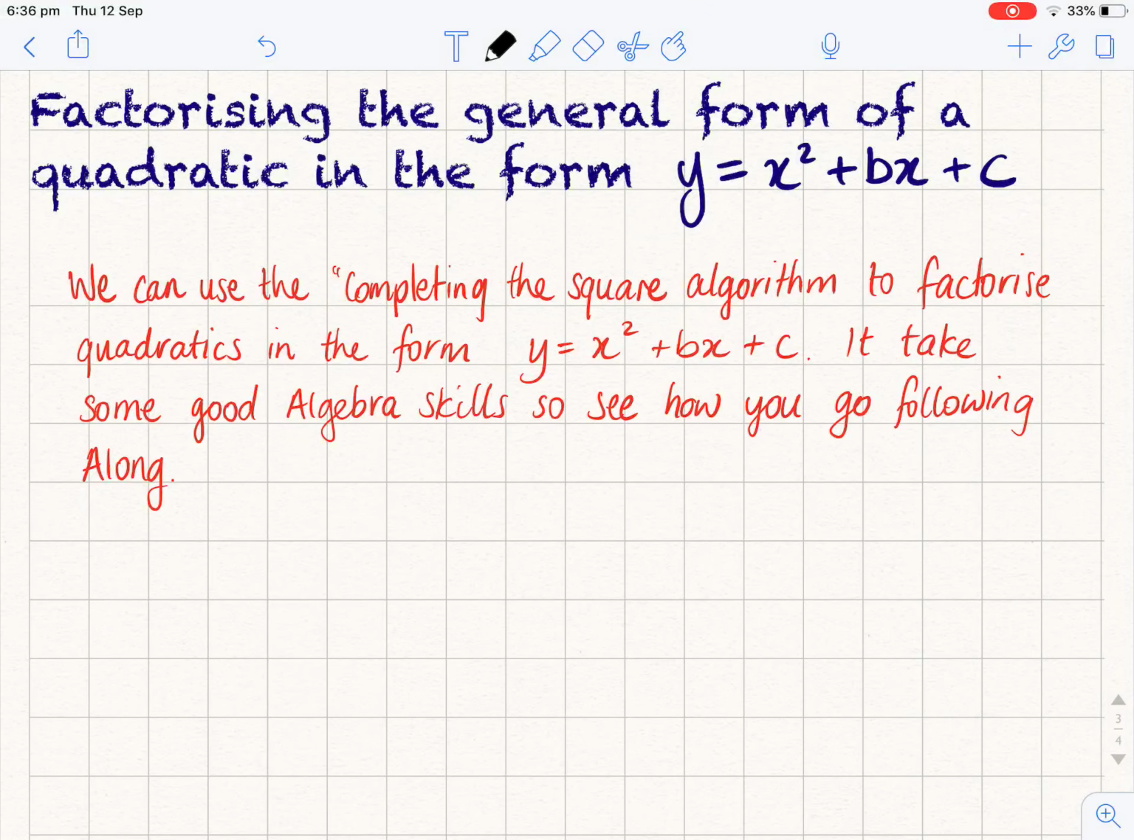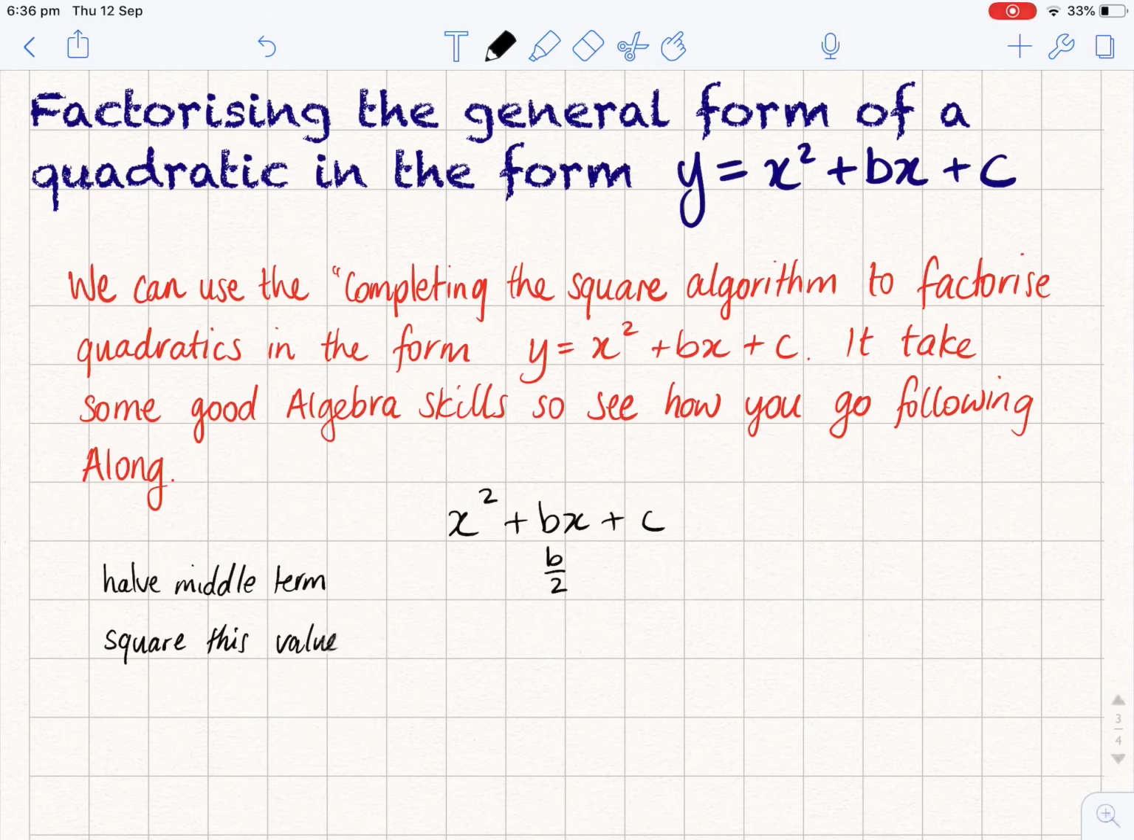Okay, so let's start with our equation, x squared plus bx plus c. Now the first thing in our algorithm is we had to halve the middle term. So when we're doing this with algebra, it just becomes b divided by 2. Then we have to square this value, which gives me b squared over 4. Then we add and subtract,